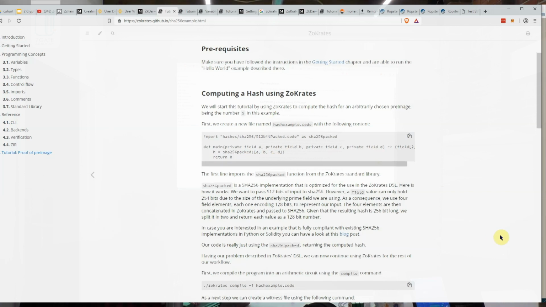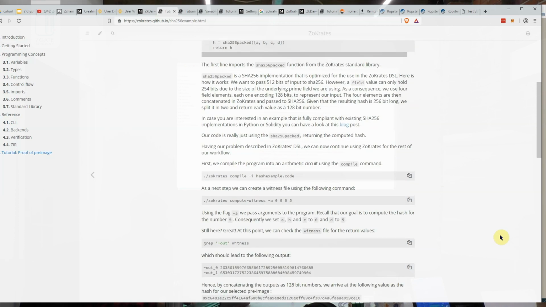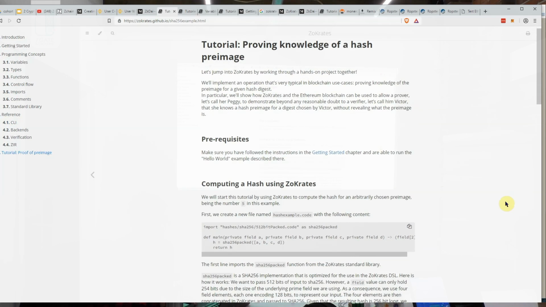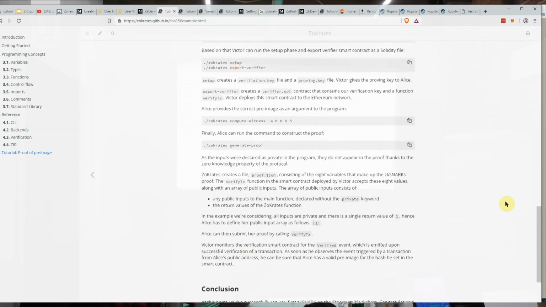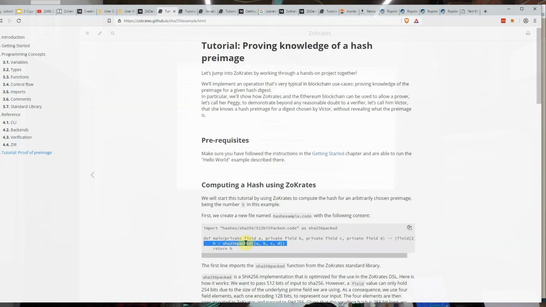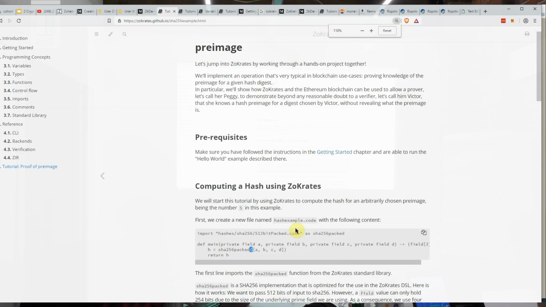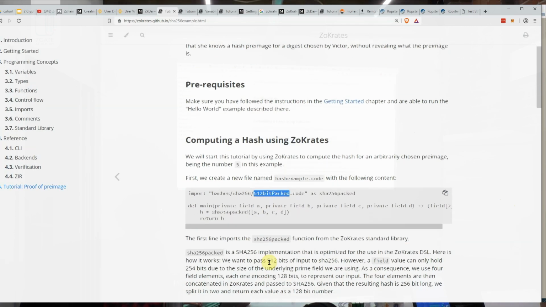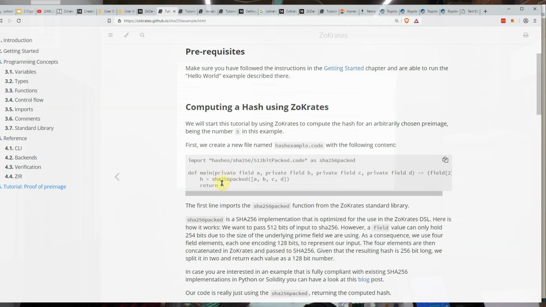Or yeah, the pre-image would be the input to the hash function. So this is another example on their docs. I think this circuit is even shorter. It's just one line. They have a library for SHA-256, and